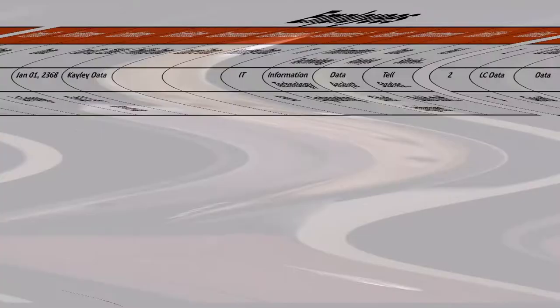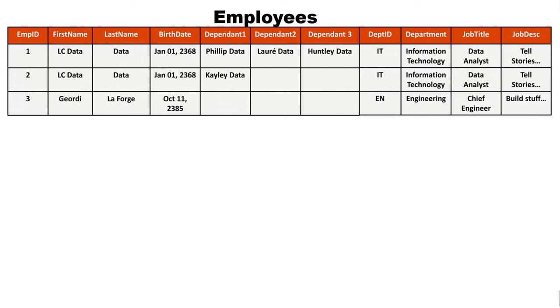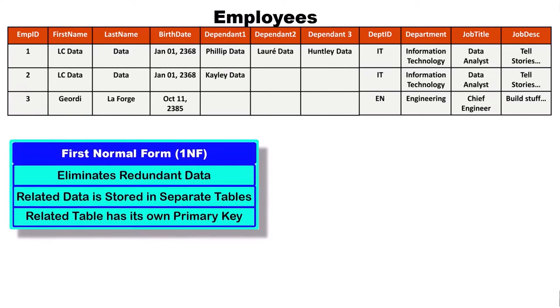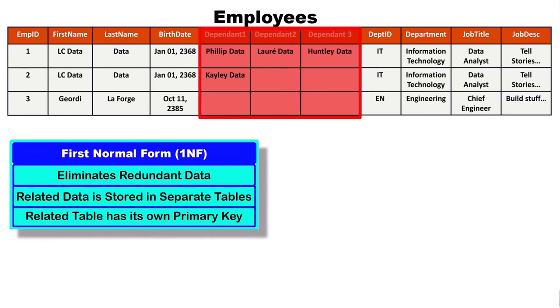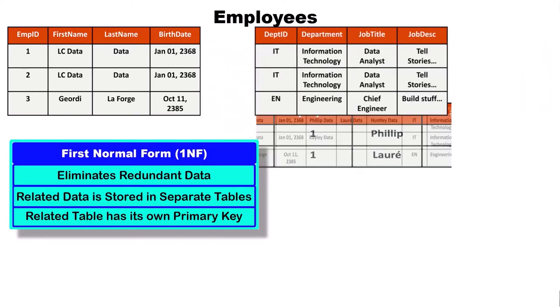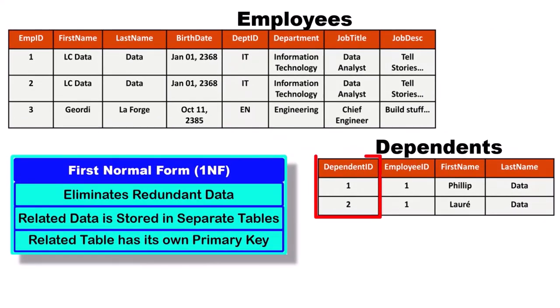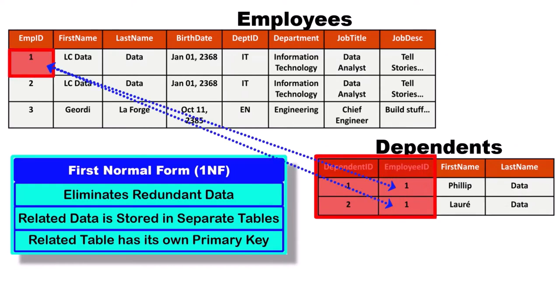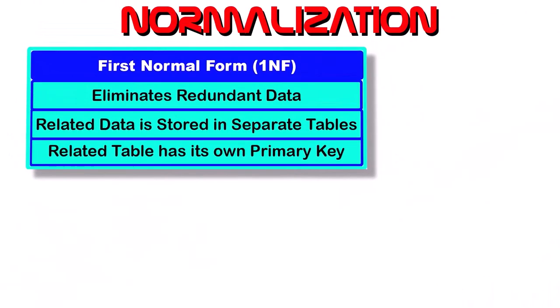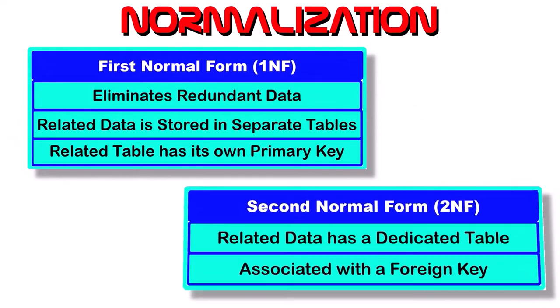Thank you, Mr. Davis. To resolve this problem, the designer will apply first normal form. It dictates that redundant or repeating fields must be eliminated in tables. Those repeating fields will then be placed in a dedicated table with its own primary key. A foreign key will also be added to the new table that will match the dependents to the corresponding primary key of an employee. That is how we then identify the dependents that relate to a particular employee through a relationship. The designer must first complete first normal form before moving on to second normal form.